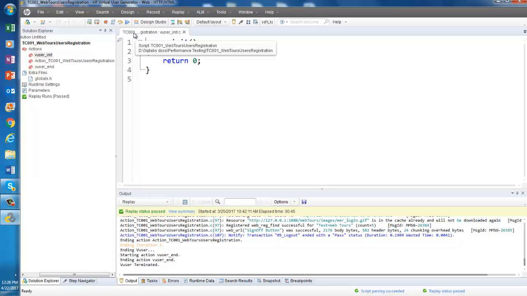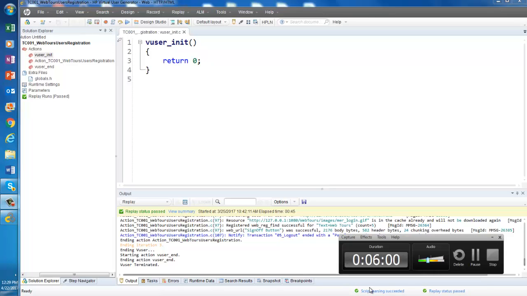Whatever time it needs, you need to work on it. You need to come to see whatever we are doing in the class. By this skill, you can start applying for LoadRunner jobs. By whatever we did, you can start applying for LoadRunner jobs, because it is fair enough for an interview.